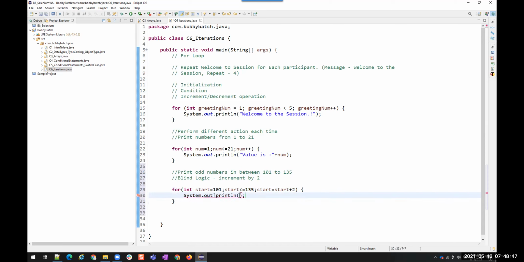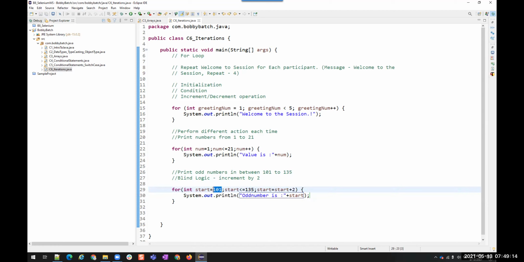Now I want to print the values. Where is the odd number? The odd number is in start only, because we are changing this value for each iteration, incrementing by 2. In the first iteration it will print 101.